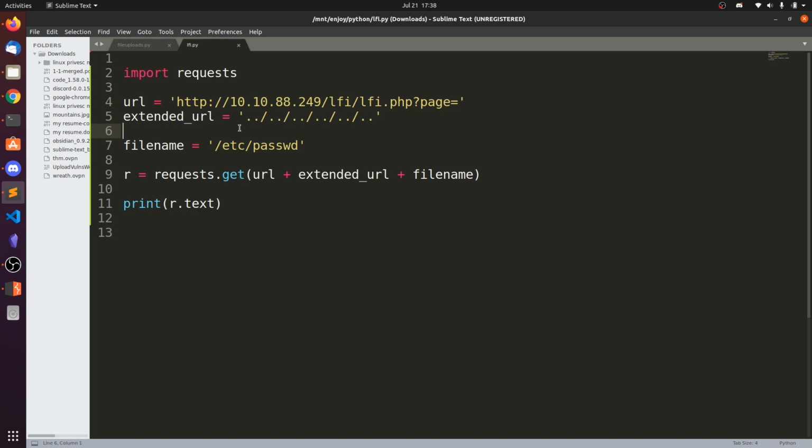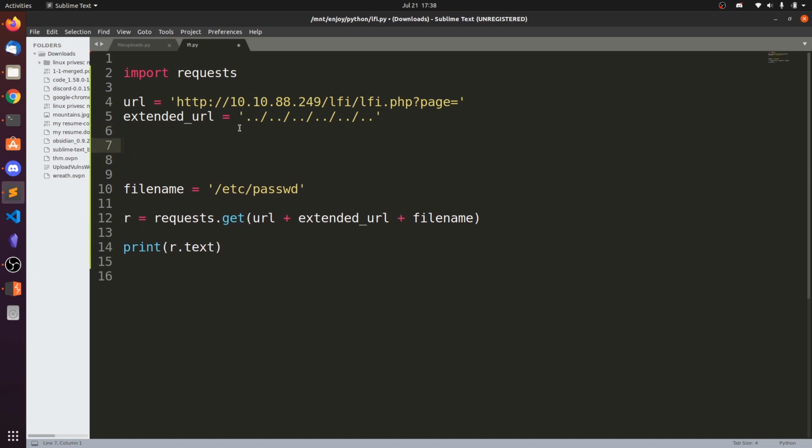Now what we are going to do is read each and every line of the file and send the request. Let's say fd, file descriptor, is equal to open lfi.txt, comma. We need to pass one argument, that is either read or write.